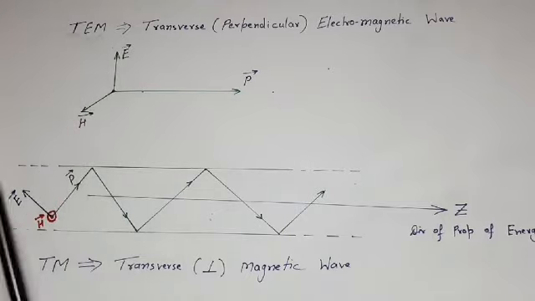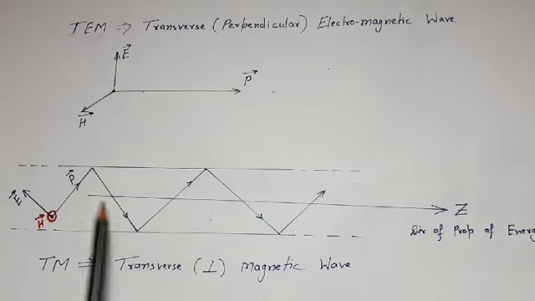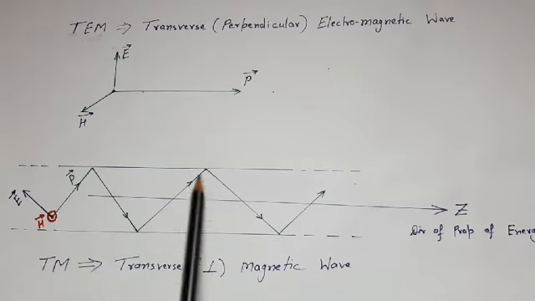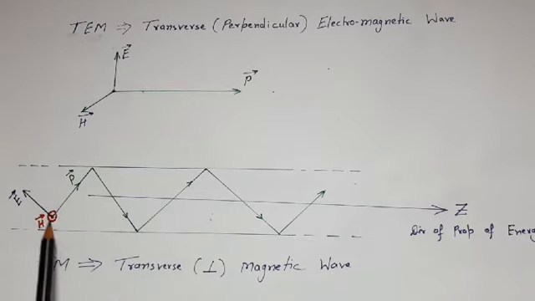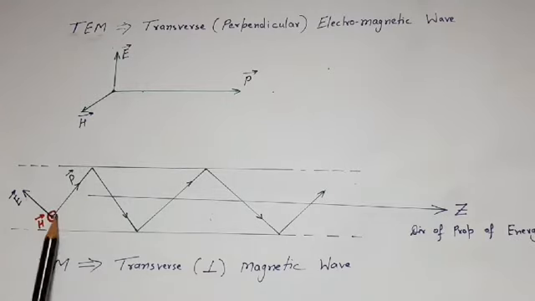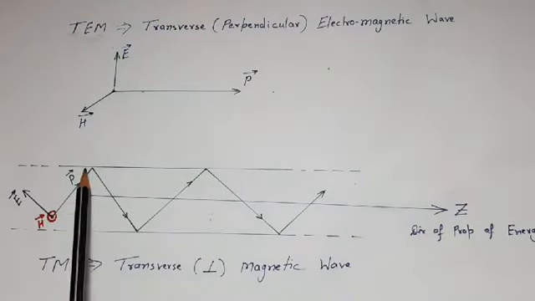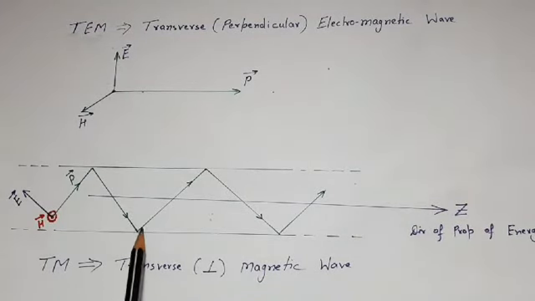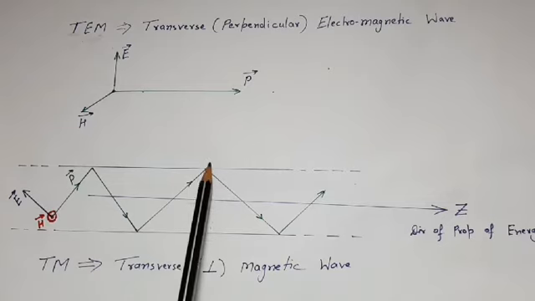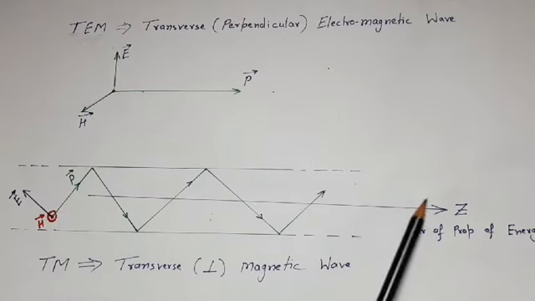But if we know about waveguide propagation, then in parallel plane waveguide, suppose these are two planes and this is electromagnetic wave whose electric field vector is in this direction and magnetic field vector is out of the paper. So if we take E cross H, then wave will propagate in this direction and this wave will be reflected with the boundary and move in this direction and again reflected by the boundary and move in this direction and so on. In this way, the wave energy will propagate in this direction, which is Z direction.